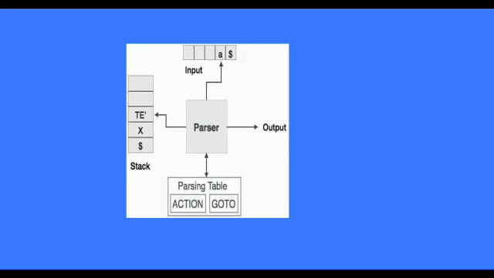You have to show the bottom level, that is the dollar symbol, and next it contains X, later it contains T E dash. Like that you have to store stack elements, and here the LL(1) parser is connected to the top of the stack, as shown in the figure, and it produces output.